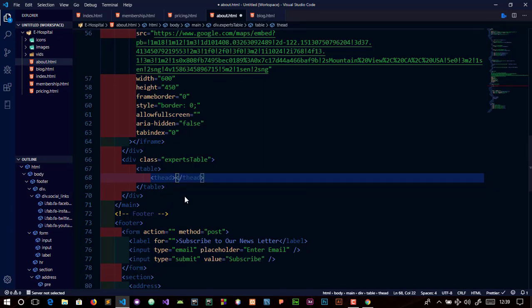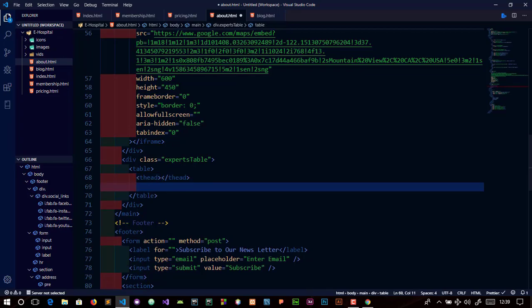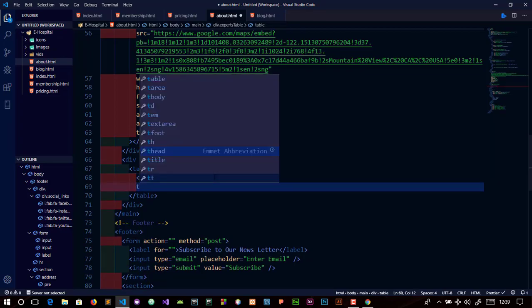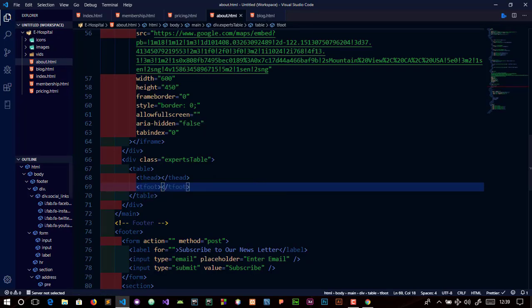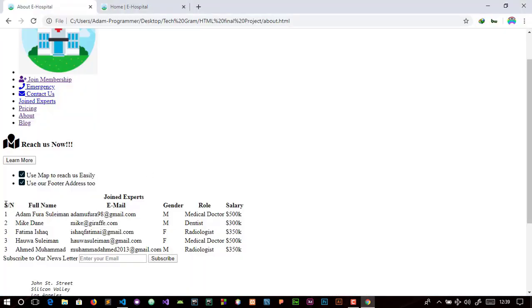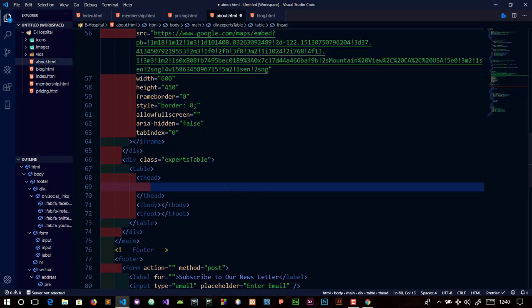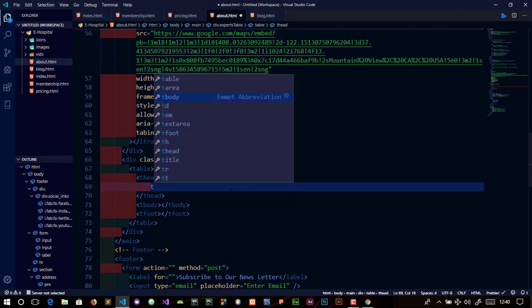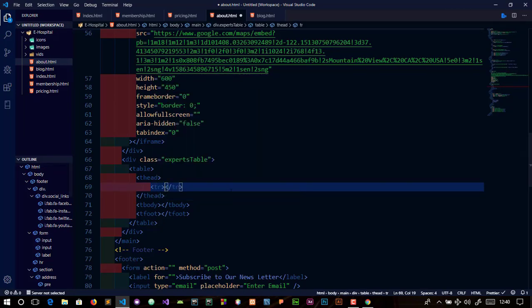The way you see the semantic elements, how I created pages, it has head, header, main and footer. The same thing with table. It's a good practice. I'm sorry I did not show you that during the lectures, but that's the reason for creating this project. So we have the table head, then I don't think we have table main, but we have the table footer, t-foot. We have table body as well. Inside this table head, I'm going to define serial number, full name, email, gender, role and salary. So I'm going to create a table row,